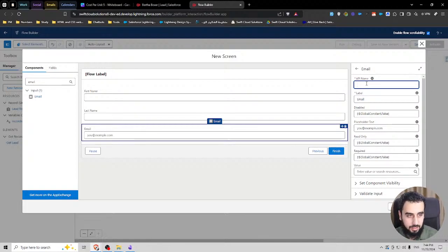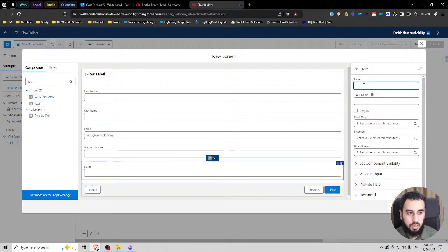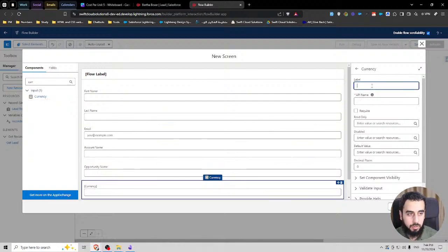Anyway, so this is the email, and then we need another text for company name. Let's say account name. And then we need one for opportunity name, and let's do opportunity amount.